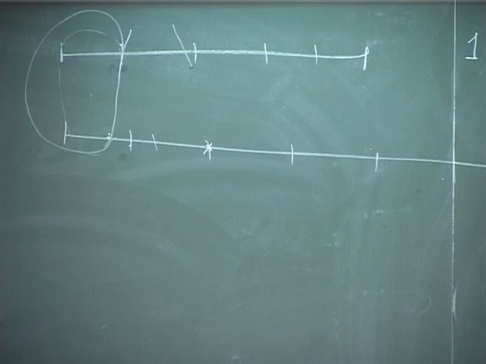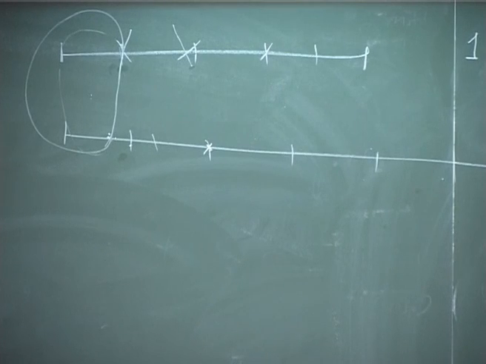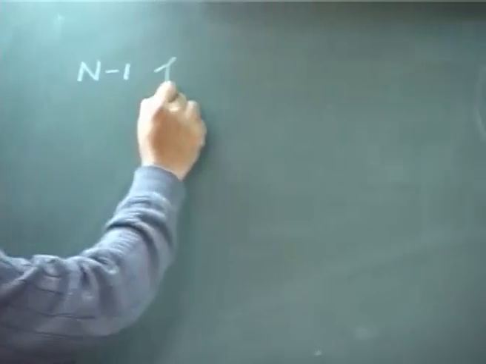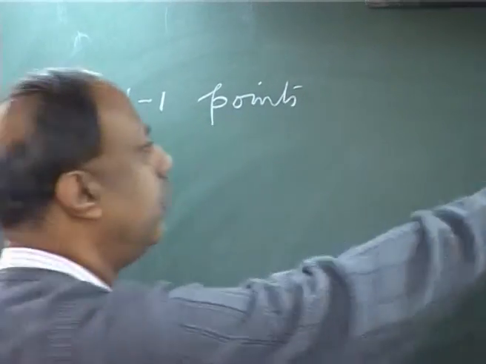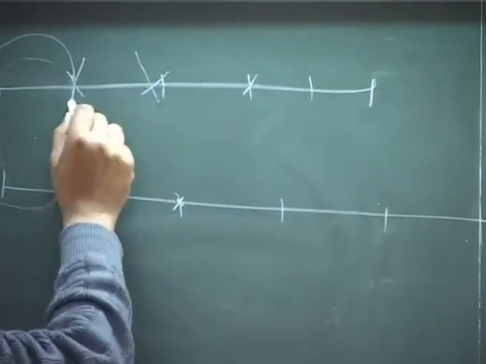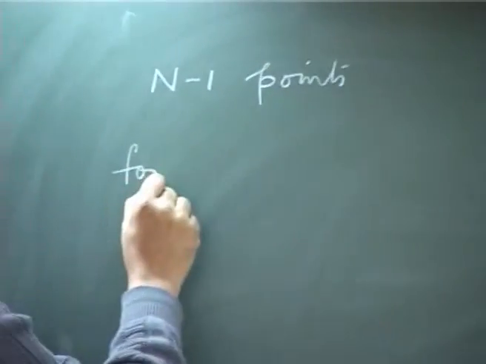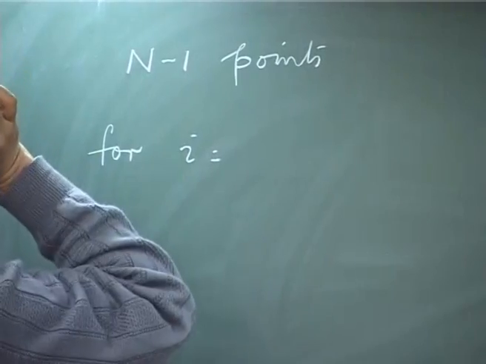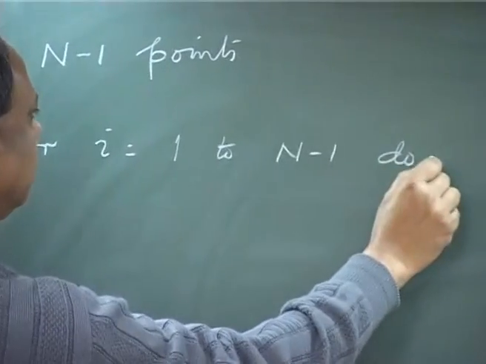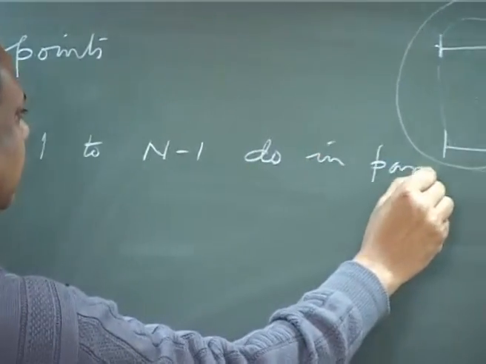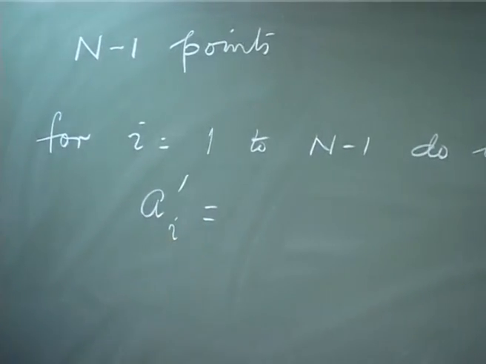So in order to do that, first we divide this into n groups. In order to get the n groups, you need n minus 1 points, right? Because the first point is known. If I know these points, in order to get n groups, you need n minus 1 points. So I can write for i equals 1 to n minus 1, do in parallel, A_i dash is